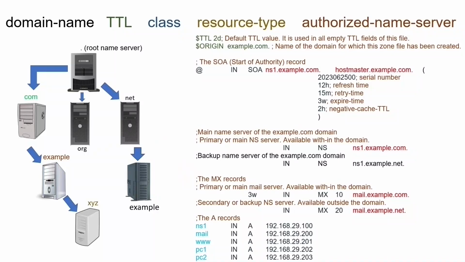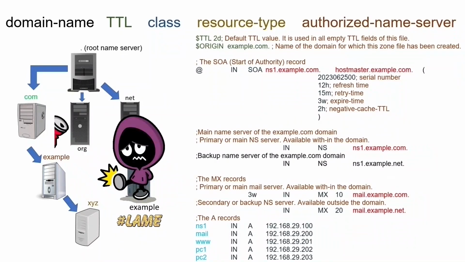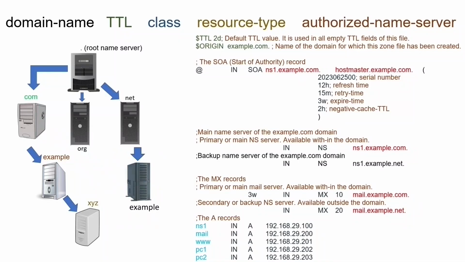If we do not do this, a situation called lame delegation occurs. A lame delegation occurs when an NS record points to a name server that is not authorized to answer for the domain. In this example, we configured a backup name server, ns1.example.net. We need to configure this name server as the authoritative name server for the domain example.com. To authorize this name server for the example domain, we need to configure this name server as the slave name